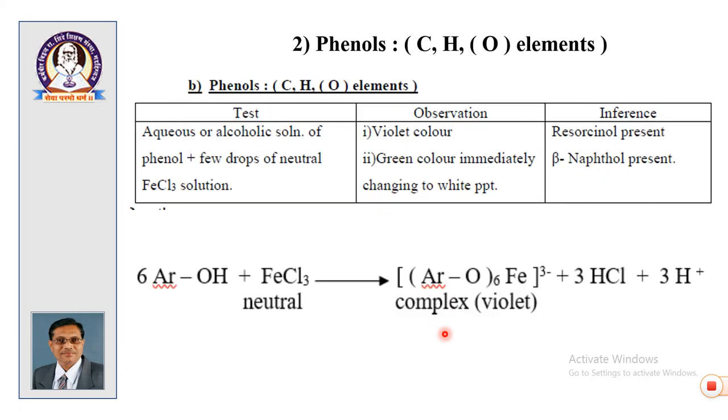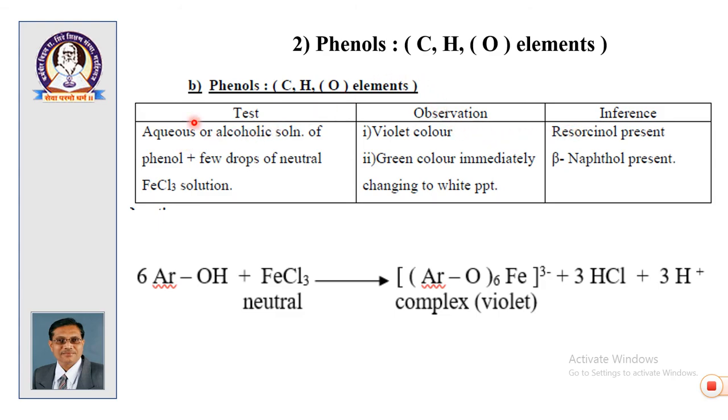Okay. Then let us come to phenols. Second type of organic compounds are phenols. For our syllabus only 2 phenols are there, resorcinol and beta-naphthol. Remember well, resorcinol is a water soluble phenol. Listen carefully, resorcinol is a water soluble phenol, and if it is water soluble, then it shows positive FeCl3 test, which we considered in the beginning.